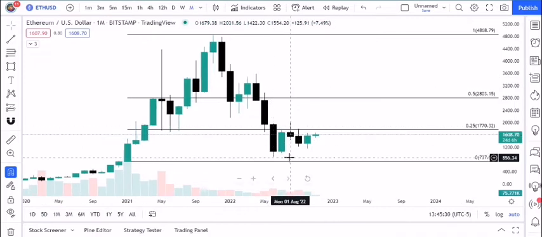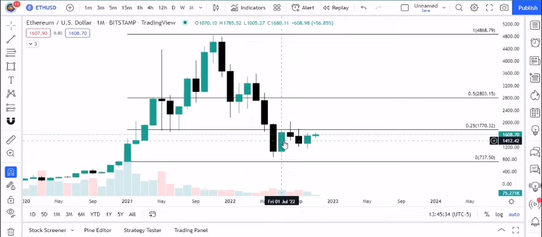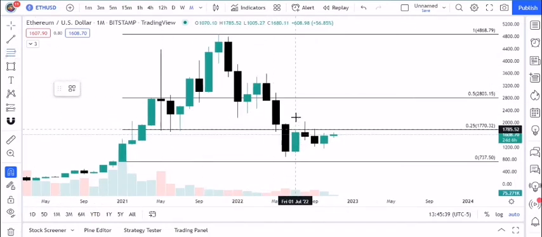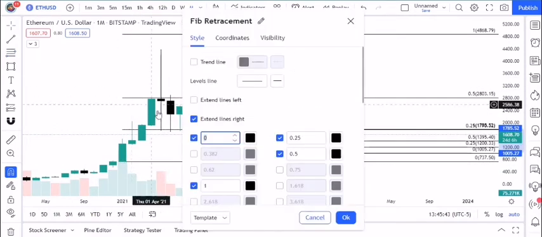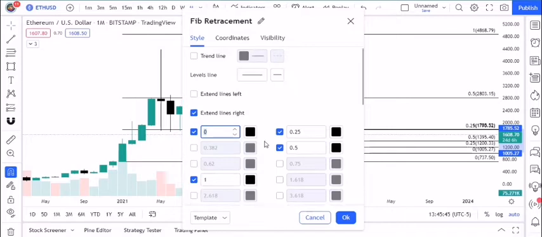So I take this up candle, the green candle of July, as our lower range, so I take its high and its low and I make it in another color,